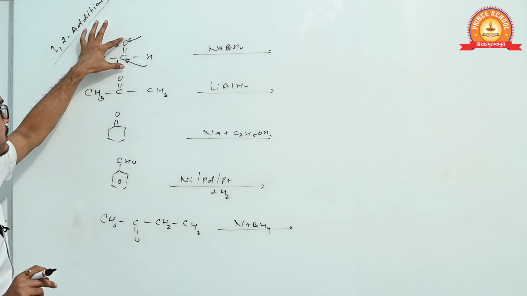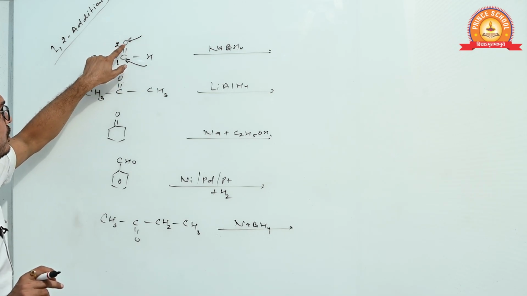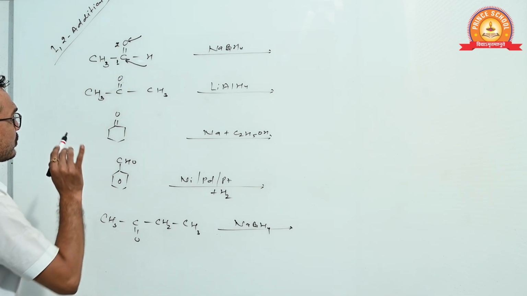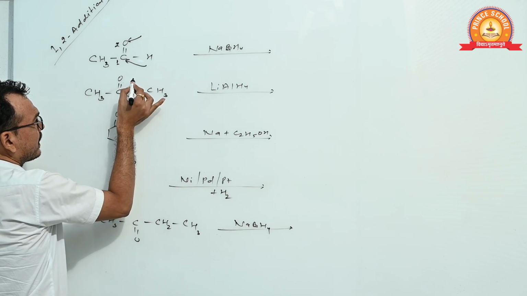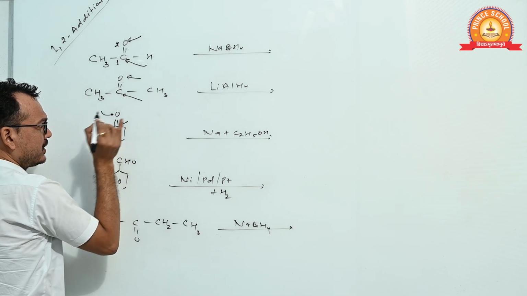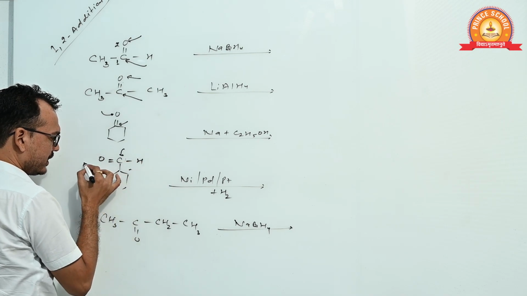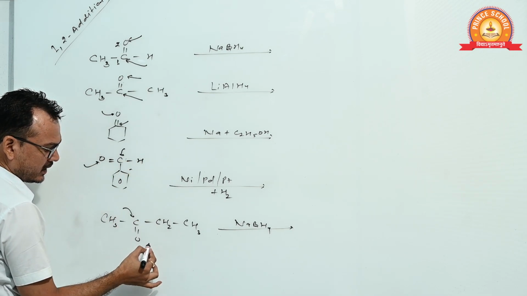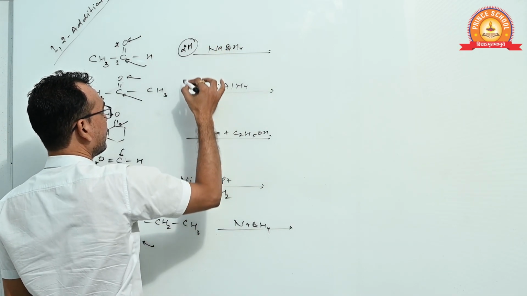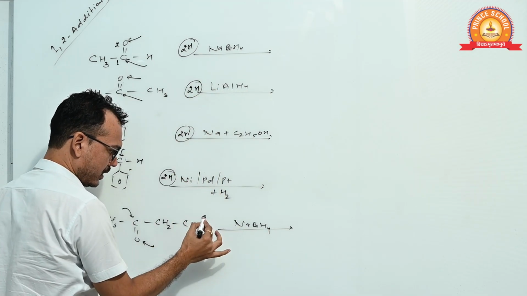One bond is broken between the carbon and oxygen atom. It means one valency of this carbon atom is free and one valency of the oxygen atom is free, which is satisfied with a hydrogen atom. So you add only hydrogen atoms: at this C and this O, one hydrogen atom and one hydrogen atom. It means we require only two hydrogen atoms for the reduction of carbonyl compound into